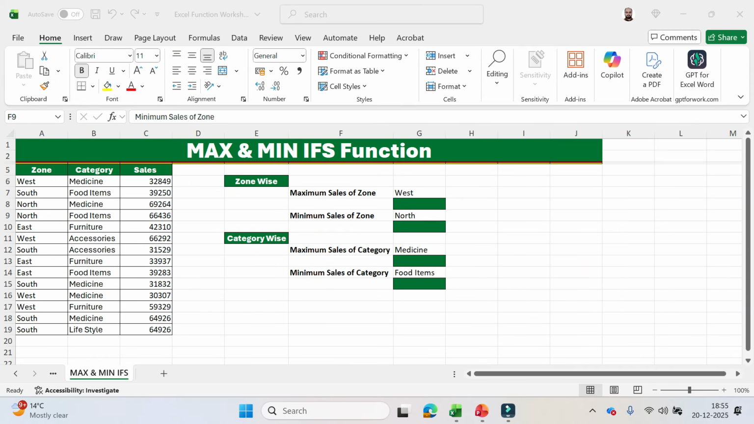Here we have some data: zone, category and their sales. And here we have some questions: maximum sales zone wise, minimum sales zone wise, maximum sales category wise and minimum sales category wise. So the zones here are west and north, and the categories are medicine and food items. So let's apply